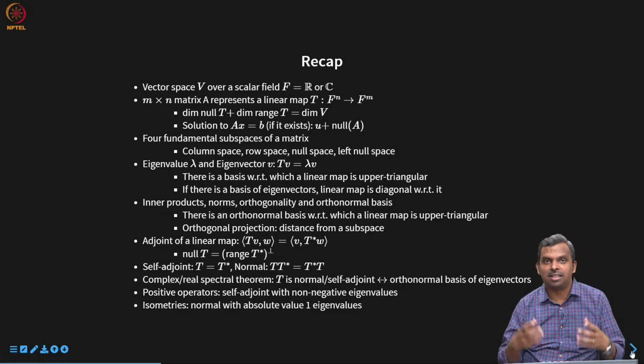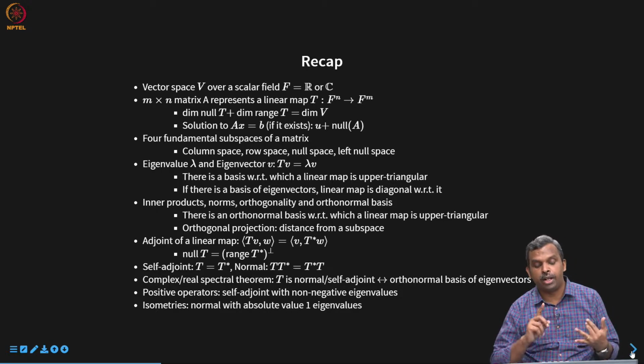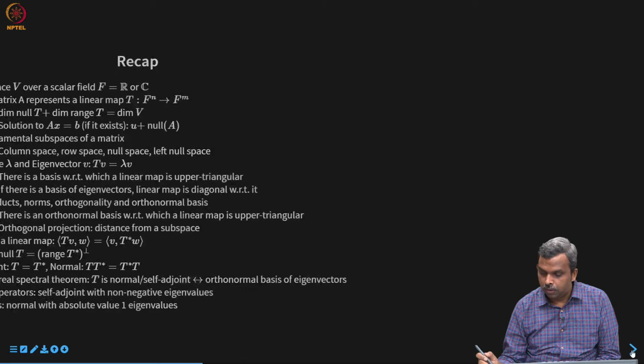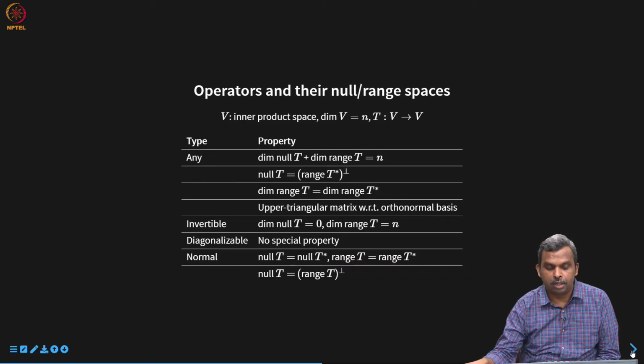And then we started looking at these various types of operators and special properties that hold for them, particularly self-adjoint, normal, positive, and isometries. We also studied projections a little bit, but these are the 4 main operators in inner product spaces, and they have a lot of connections to each other and very interesting properties. And I'll say a few words from a high level about all these 4 types of operators in this lecture. Okay. So let's look at the first classification, or first way of thinking of all these things.